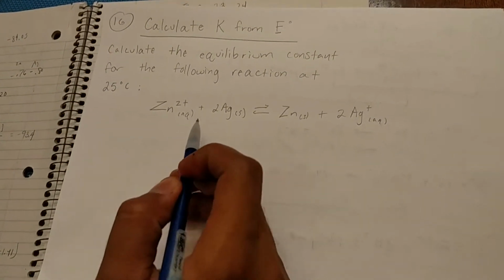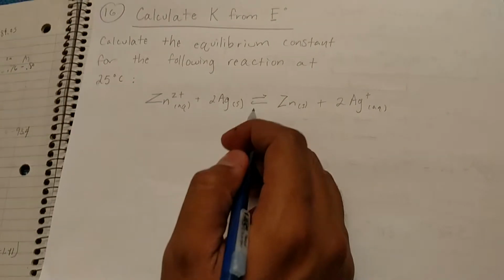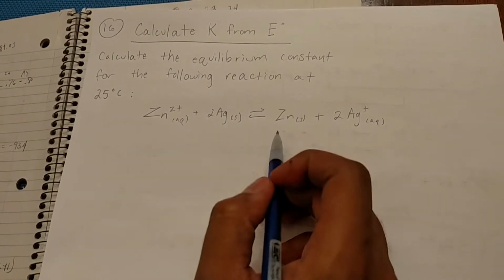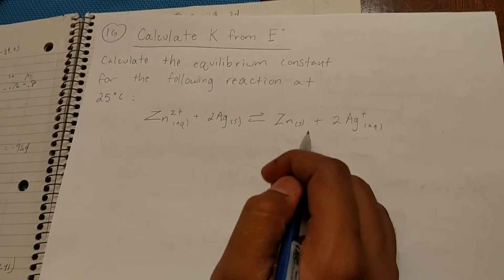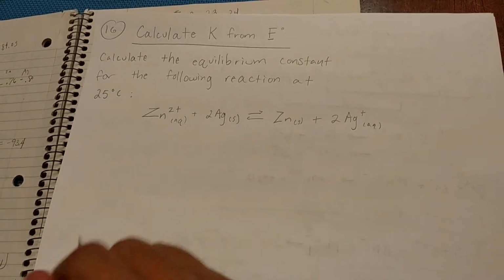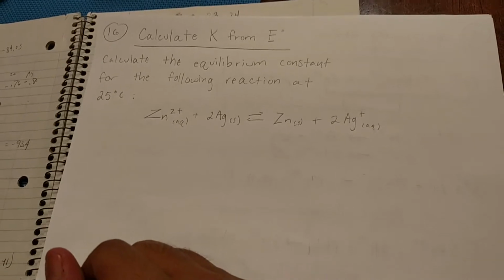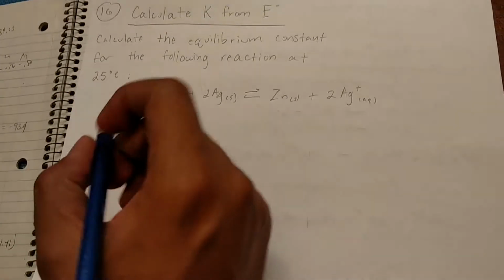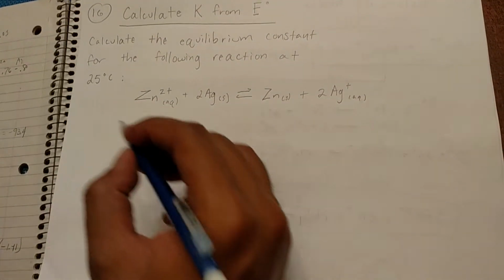Zn2+ aqueous plus 2 Ag solid yields Zn solid plus 2 Ag+ aqueous. To solve this reaction, we use the equation